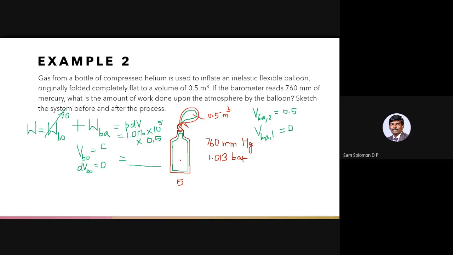Which means there is a change in the volume of air inside it, but the volume of the bottle has not changed. The volume of the bottle still remains the same. Is that correct? Yes, sir. So if the volume of the bottle still remains the same, the volume of the system has not changed, is it not? So since the volume of the system did not change, the work done by that particular system is still 0.